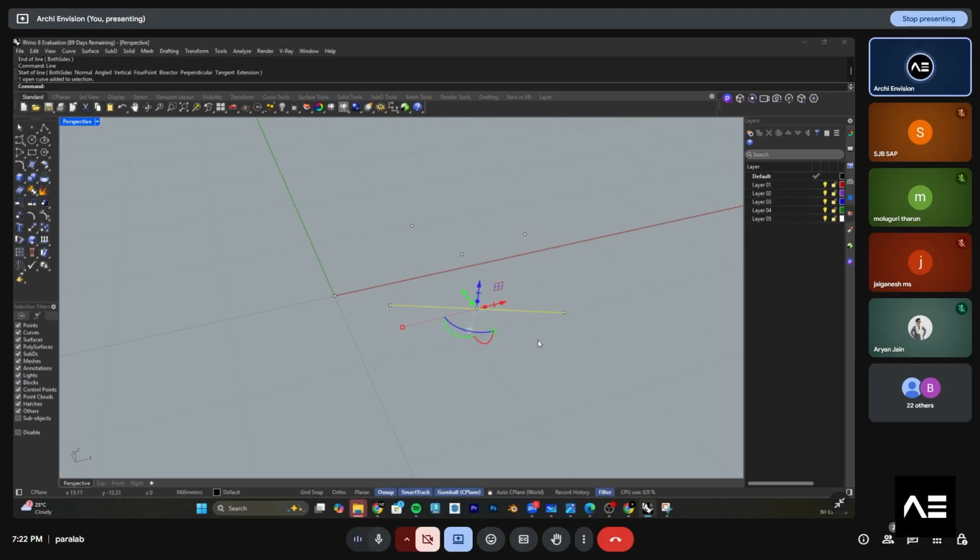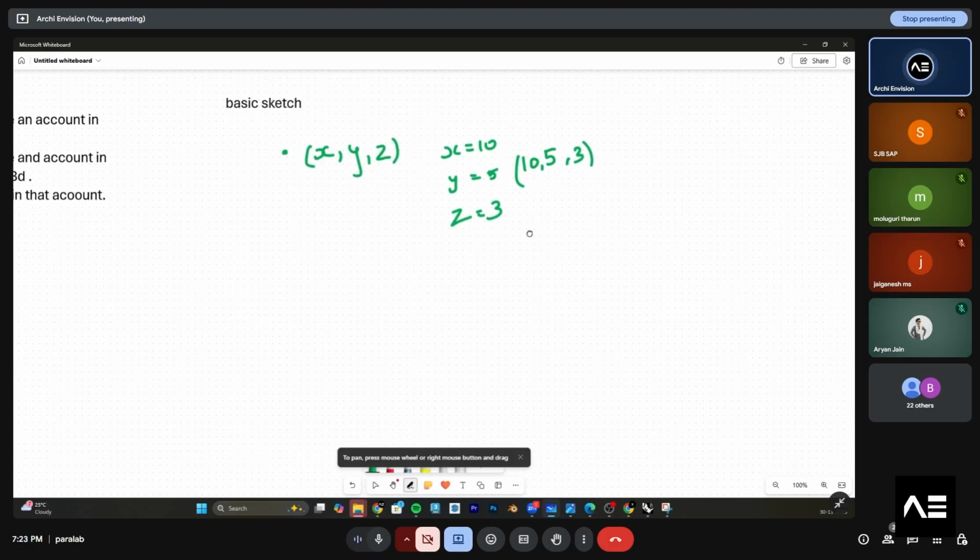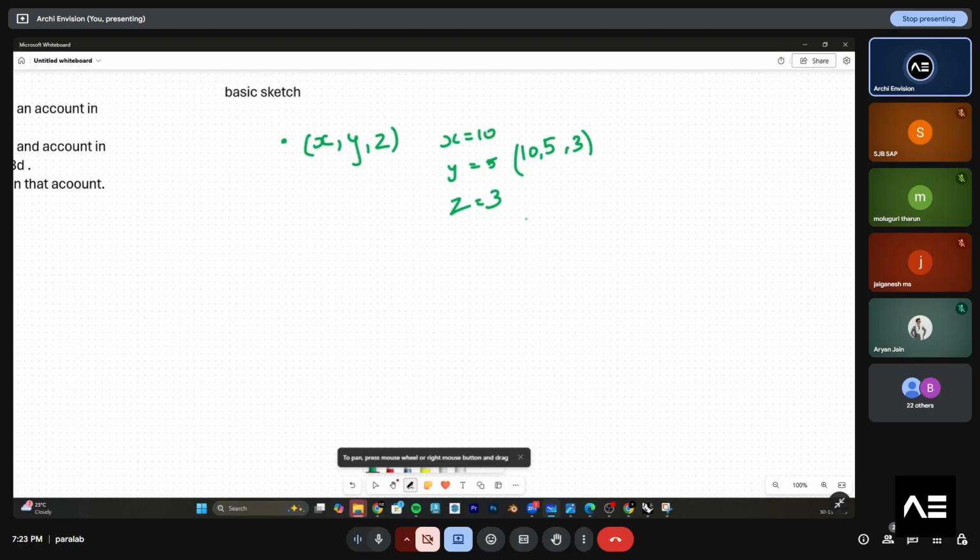So I'll just tell you the points right now. A point doesn't have any dimension, and it has the basics of coordinates x, y and z. And there is a thing which happens over here, which is a series of points which is called a line.